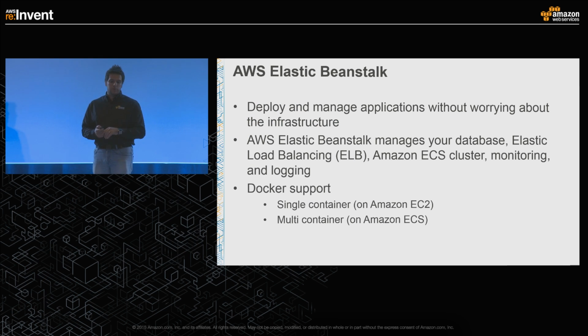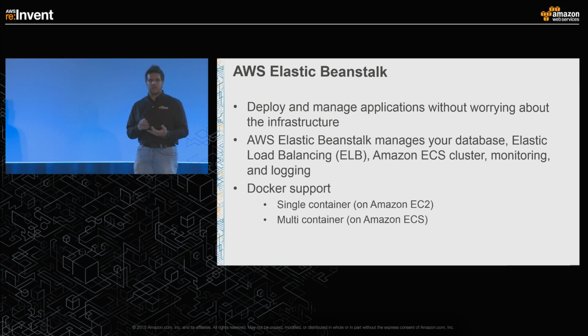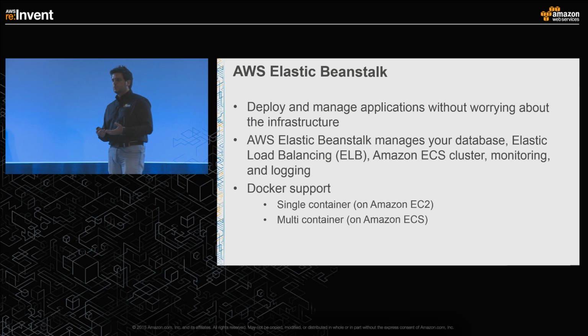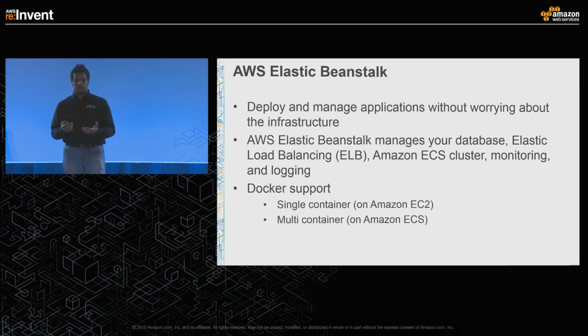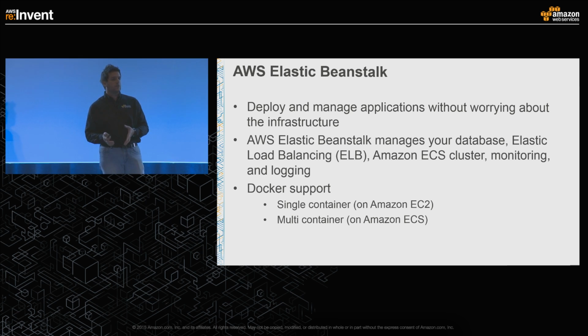For this demo, we're going to be using Elastic Beanstalk, which is a simpler way of deploying containers within a pipeline like what we're doing now. One of the benefits of using Beanstalk is that it can manage all the resources for you, so your databases, your Elastic Load Balancing, your ECS cluster as well. And it also provides some additional features for your application, monitoring, logging, for example. One other advantage of Beanstalk is that we can create different environments for the same application. We can have a beta environment, we can have a production environment, and they can all be identical. So we know that whatever we test on our beta environment will be the same as what we have on